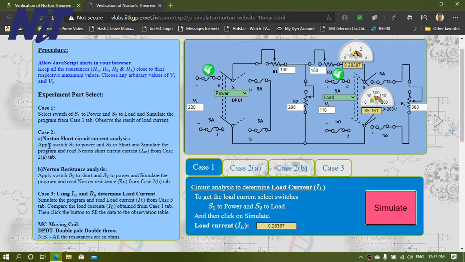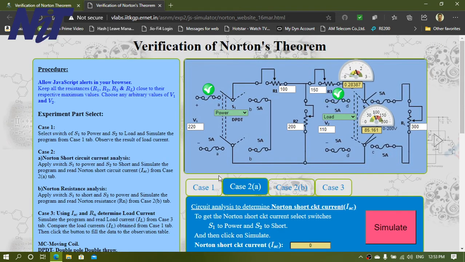Now case number 2, when the Norton short circuit current can be analyzed. For this, you first click on case 2A and then change the switch status of the switches: S1 to short and S2 changed.